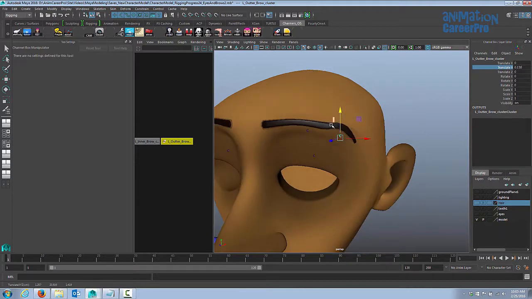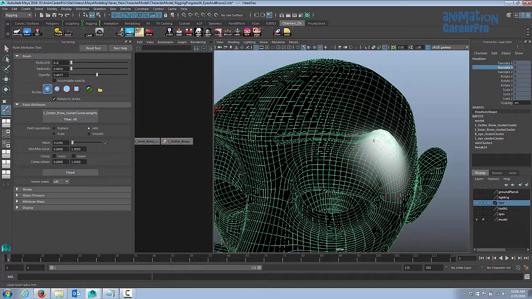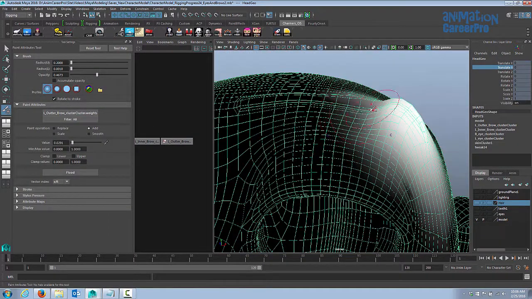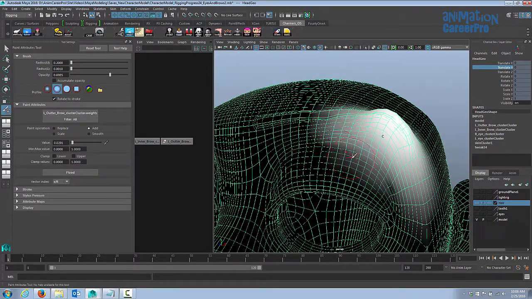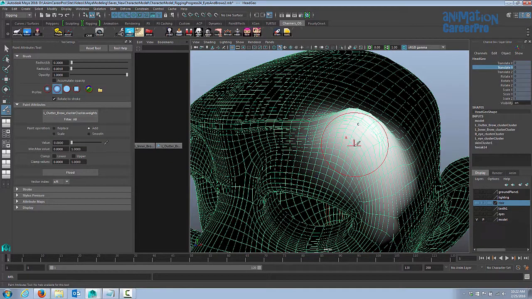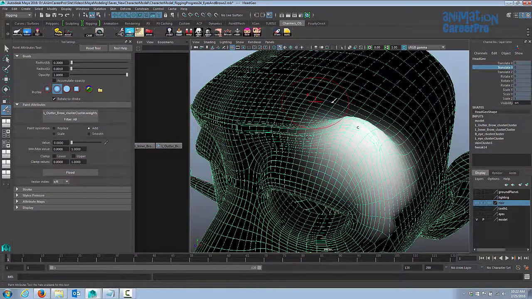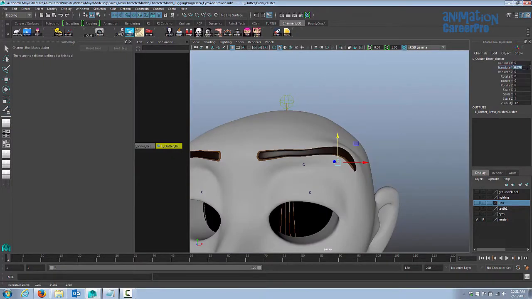If I'm going to move this up and down, I probably want it to move a little bit more over here as well. So I'll just move it up and we'll paint that out a little bit. Alright, so we have that going up and down pretty smoothly. So the idea is basically after you apply the cluster and you've taken away all the weights around the edges, then you flood smooth it, and then you just use the add and smooth functions to refine the shape. We'll just set that back to 0, and we're going to do the mid-brow now.